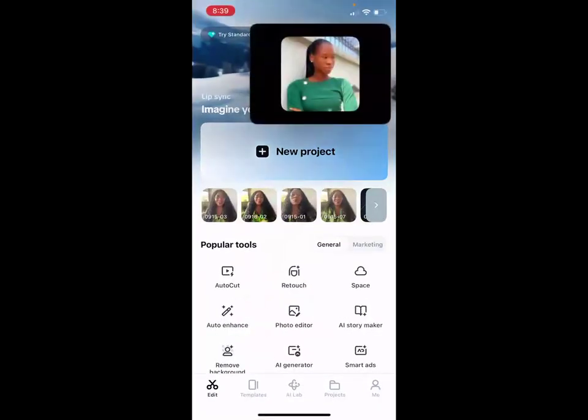So I'm just going to show you guys a quick way to edit. When I tell you to edit something, this is kind of the standard. So when you go to